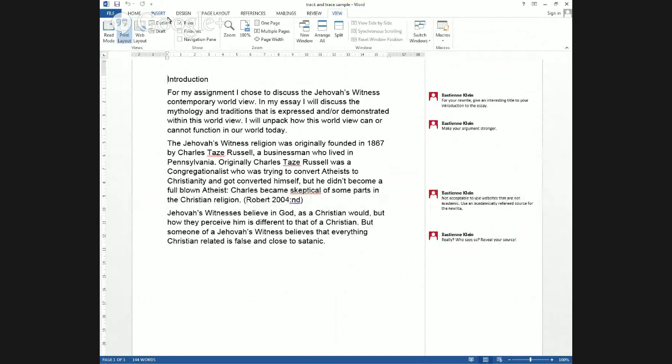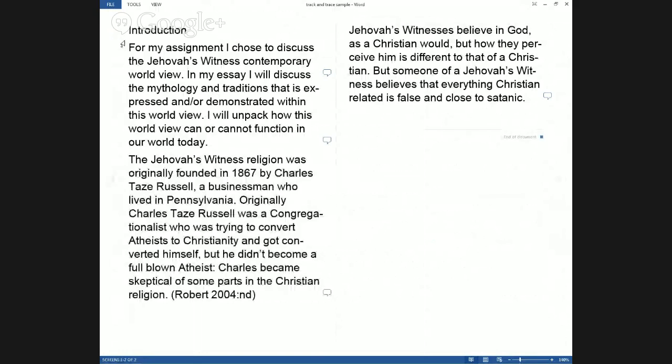All right, I'm sorry that this is not super large. Let me turn it back to the read mode, just so you can see that this is a rough version of the first few paragraphs of a particular essay about Jehovah's Witnesses. I'm in a version of Microsoft Word called read mode, which just allows it to be bigger on a shared screen.